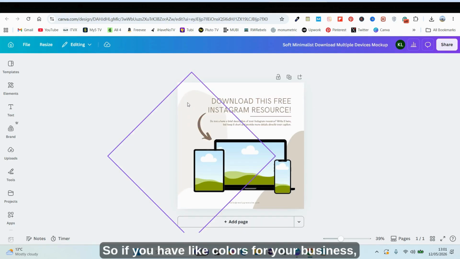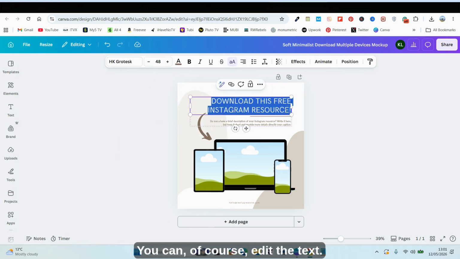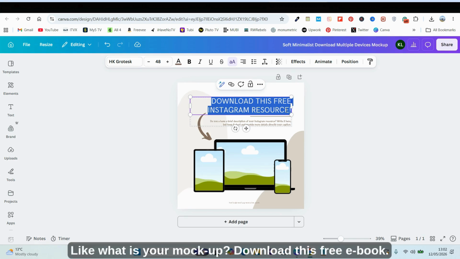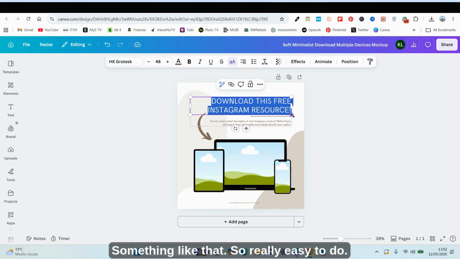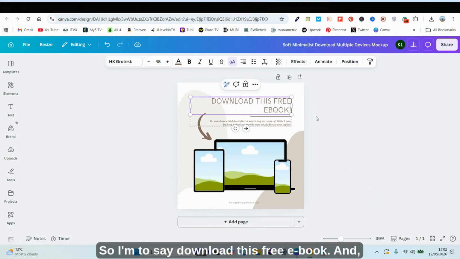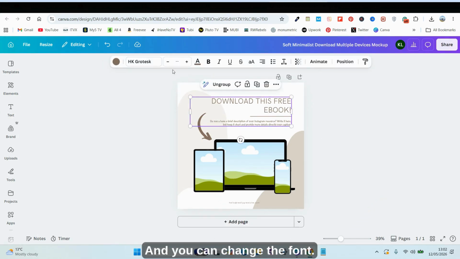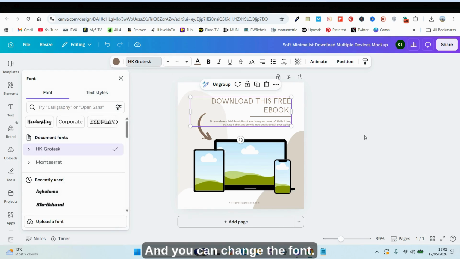So if you have like colors for your business, you can edit the colors to reflect that. You can, of course, edit the text, like what is your mock-up? Download this free ebook, something like that. So really easy to do. So I'm going to say download this free ebook. And of course, you can take the time and add in more text, and you can change the font, the